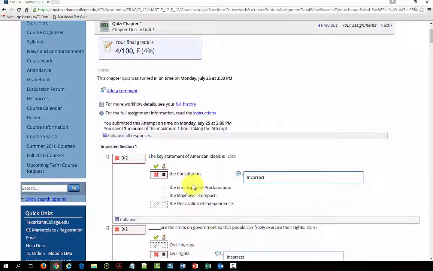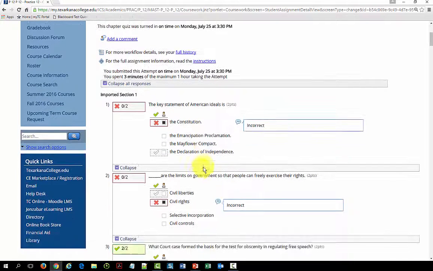Now, one of the things, if you do get to see the questions and you think there's a problem, say, I know for sure that this was probably keyed in wrong. Instead of the Declaration of Independence, it should have been the Constitution, maybe. Then what you want to do is to write down the number of the question on your test so that you can email the instructor and say, I have a question about this particular question on my test, and I think it might have been keyed in wrong. That way, the instructor can go back and look at your particular test and know exactly which number to look